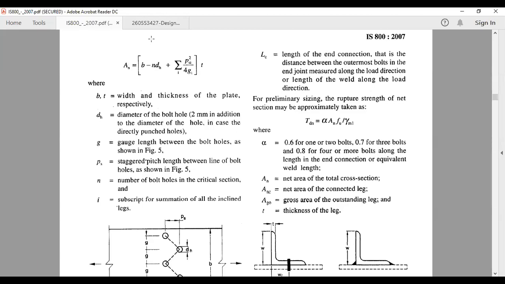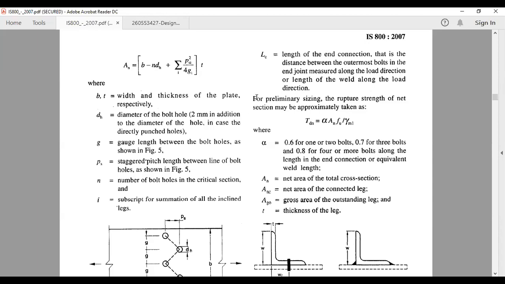I'll take up an example so that it will be much more clear to you. This is for entirely brushing up your design of tension and compression members, because this particular truss design involves only the design of tension and compression, nothing other than that. Okay, so you need to be very thorough in these things.